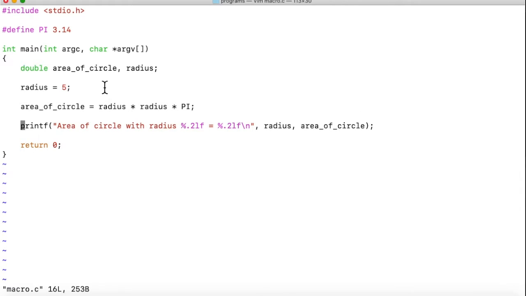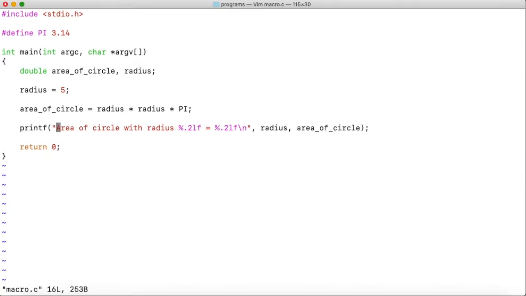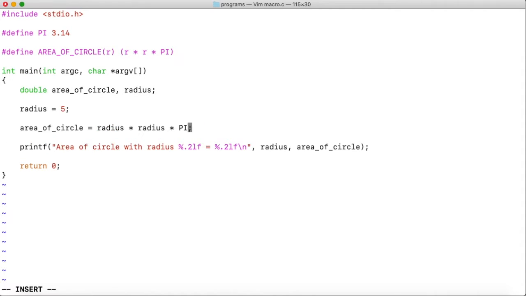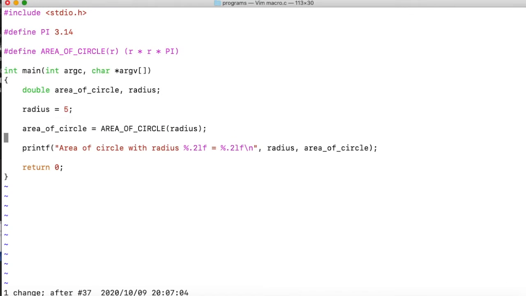So now instead of doing it like this, let's make a function-like macro to calculate the area of the circle. Here we defined a function-like macro named AREA_OF_CIRCLE, which takes a parameter r and converts it into the pi r square pattern. When we call it here, what happens is this gets replaced by this.